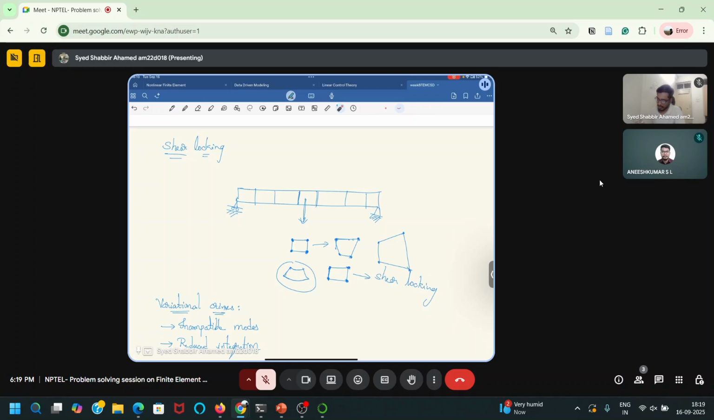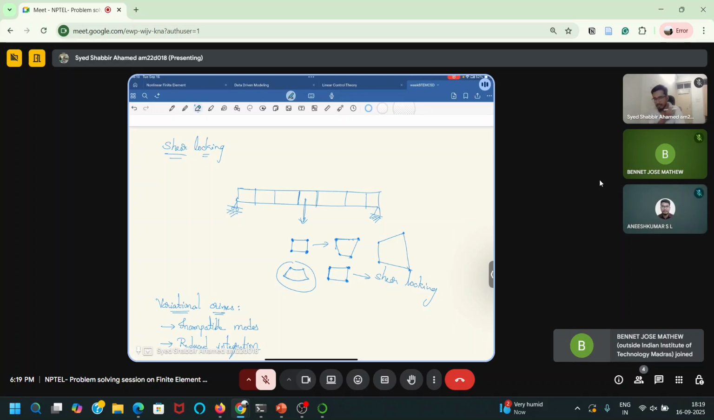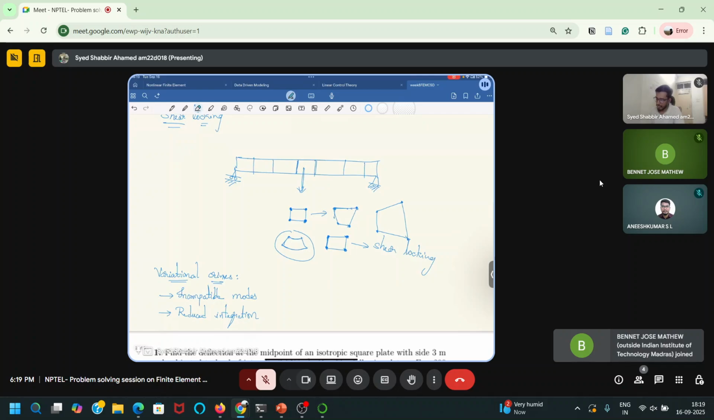So this is called shear locking because the element is not able to deform and it is locked in shear. So all the nodes have zero displacement. This is causing a problem. So that's why this phenomenon we call shear locking, or you can also call it parasitic shear. So in order to avoid this kind of problem,